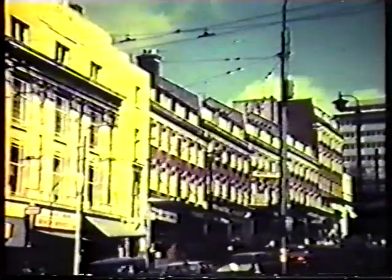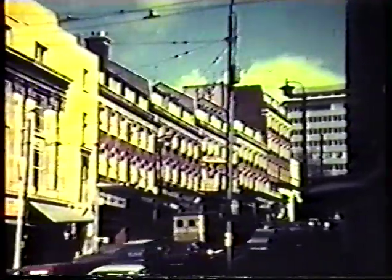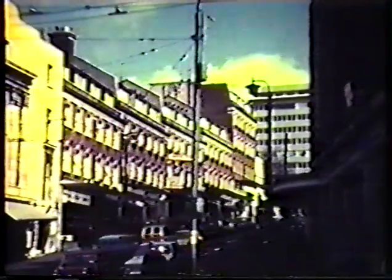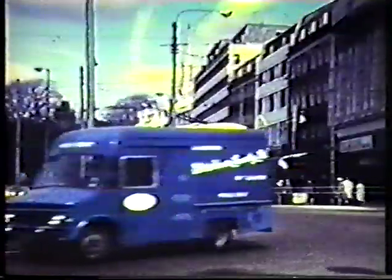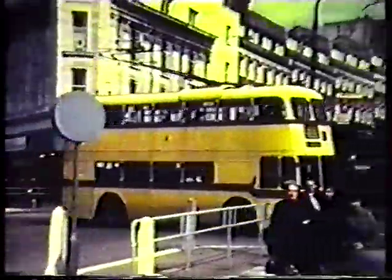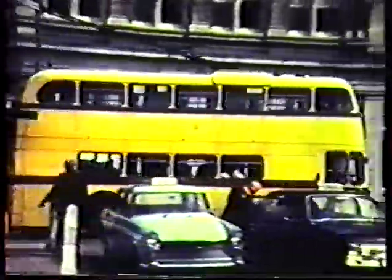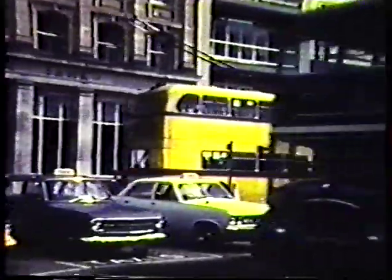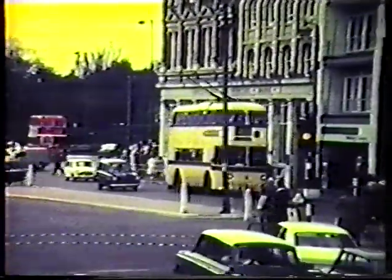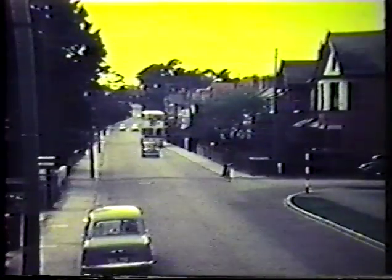A lasting memory for many people of the Bournemouth system was the sight and indeed lack of sound as 70 passengers were conveyed on a trolleybus up this hill, accelerating at quite an alarming rate. Interestingly, the replacement motorbus routes were often diverted to take them up more gentle inclines, as several failures occurred just after the trolleybuses were withdrawn on the Richmond Hill. Here we have trolleybuses climbing out of the town up Old Christchurch Road, and we go back over to the Tuckton side of the system,